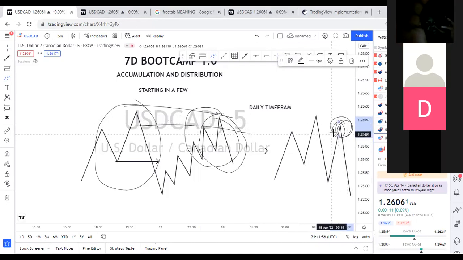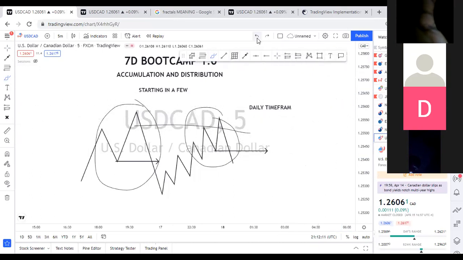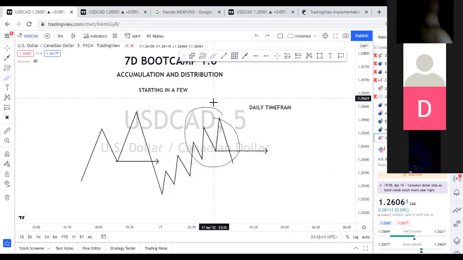Okay, what happens here, we want to see that higher high, higher low, higher high, break of structure again in this area. This is to tell us that now price is ready to shift. Because now let me show you something. Some of you guys would have been victims of this.